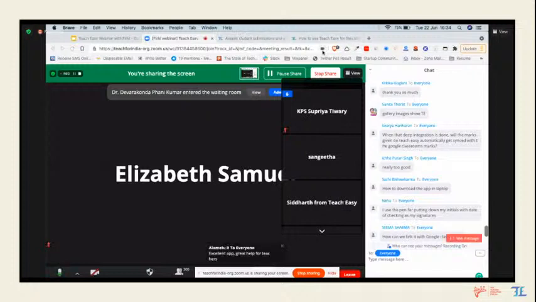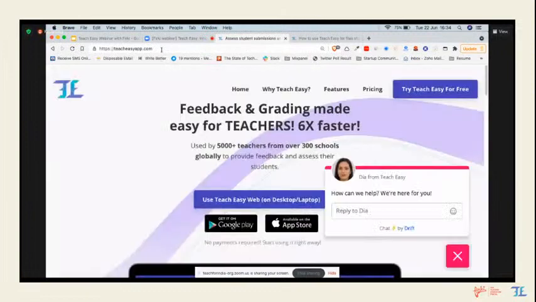To use Ttz on your desktop, open Google Chrome or any browser that you are using, and then in the URL bar, just write ttzapp.com.